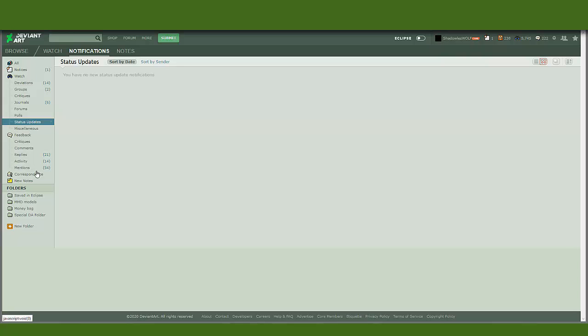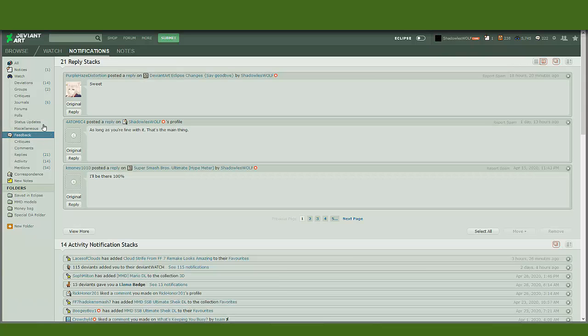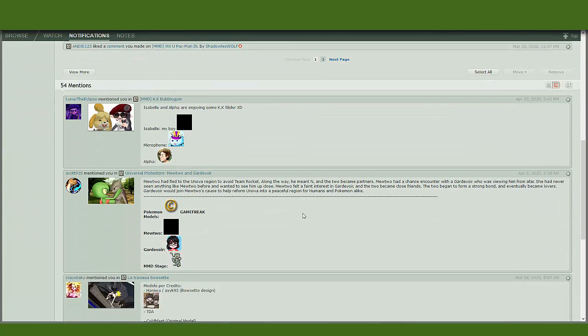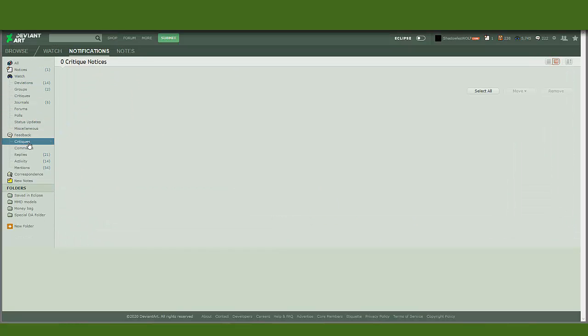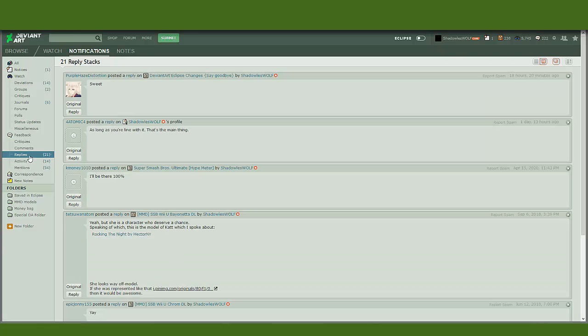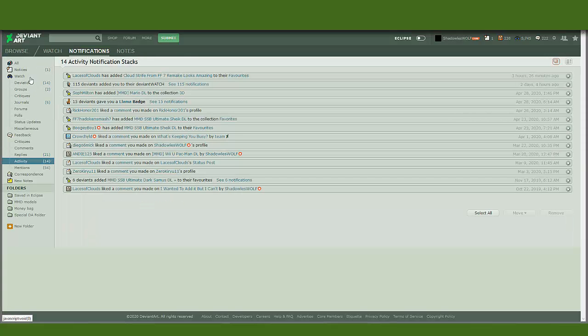It's free for everyone to use, but you can't see the actual number. You treat it like a voter. Like I said, there are certain things that made it good feedback, which is all of these together. All of this counts as feedback, and then you have critiques, and then you have comments, which is half of it, and then you have replies, which is these, and then you have actions,